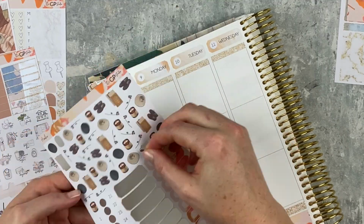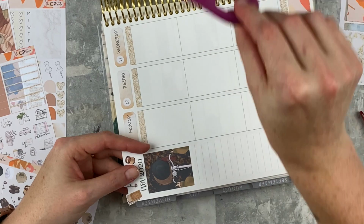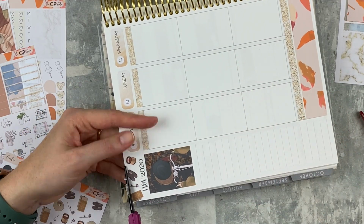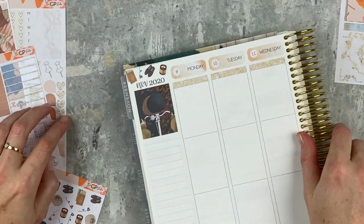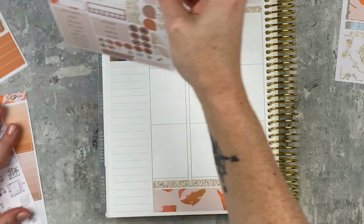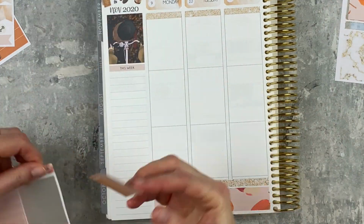And now I'm just putting a little bit of deco across the top there. I just really like that look right now, and I like that it kind of fills the space. And then we're going to move to the rest of the sidebar. So I'm going to pull the This Week header from the kit, and then I'm going to cut down a